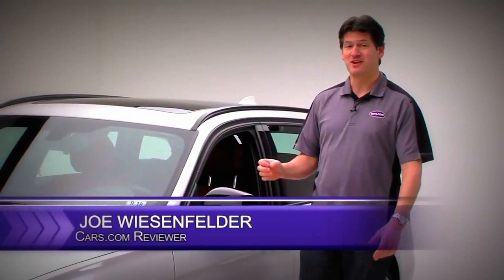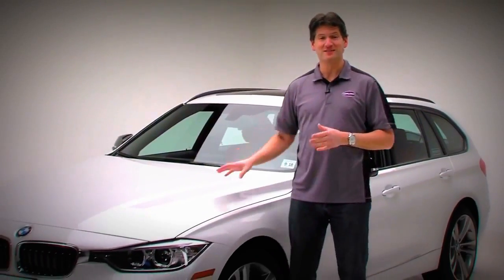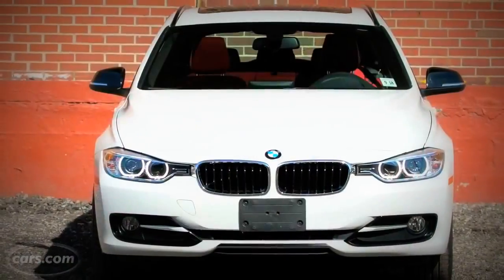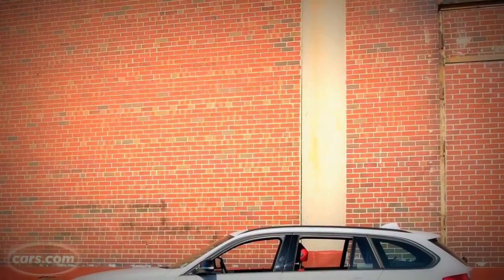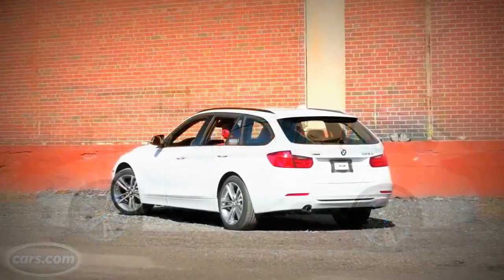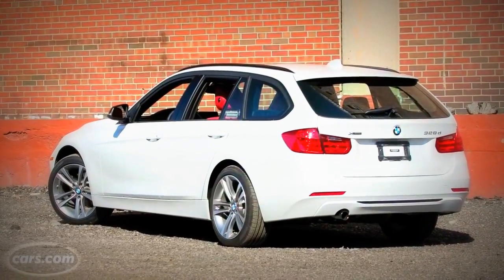Hi, I'm Joe Wiesenfelder with Cars.com. I'm here with one of Cars.com's favorite models. It's a 3 Series BMW. This is the model that won our Luxury Sport Sedan Challenge last year, beating 5 other models because it has a great combination of acceleration and braking and handling, interior space, interior quality. This is pretty much that car, but there are a couple differences. One,